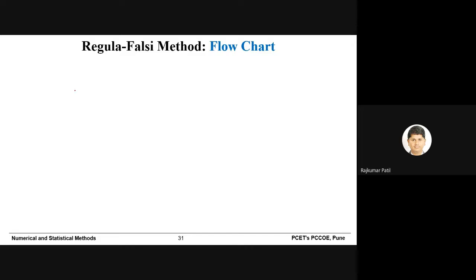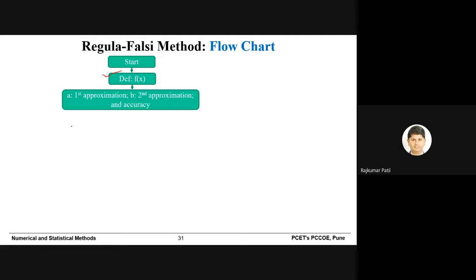Now we will see how we can prepare a flowchart. So first we will start the Python. Then from the given problem we define the function f of x. Then we start with values a and b. In the given problem we started with x0 and x1, but as I mentioned, you can start with a and b, whatever notation. The approach should be correct. So a will be your first approximation and b will be the second approximation. Then we check if f of a is equal to 0.